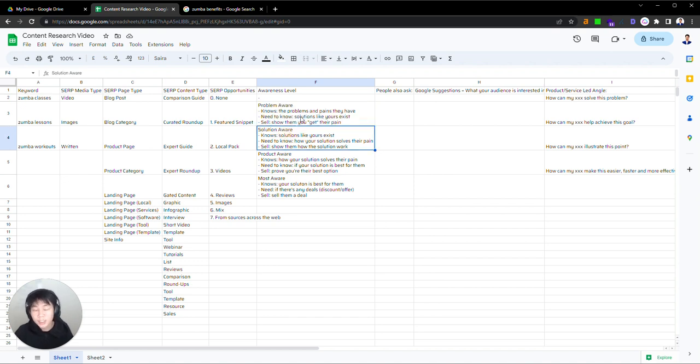Okay. The next stage should be solution aware. Now they know the solution. The solution is for them to exercise, right? The solution to not panting after walking up 2 flights of stairs is to exercise, right? It's to keep fit. So this is where they are at the solution aware stage, where they know that solutions like yours exist. They need to know how your solutions solve their pain,